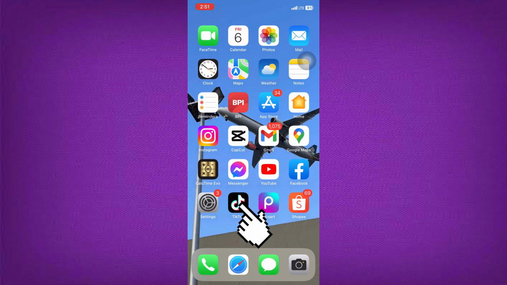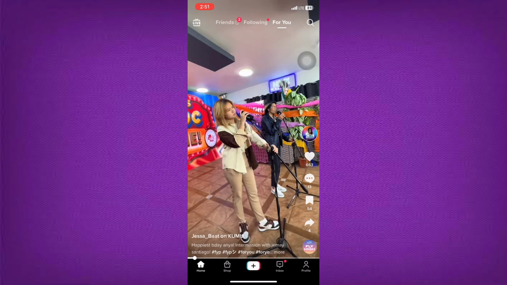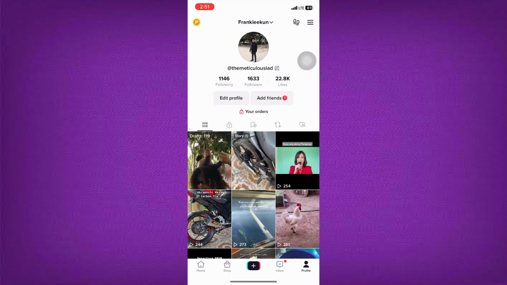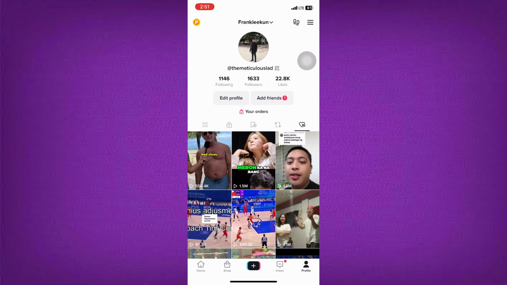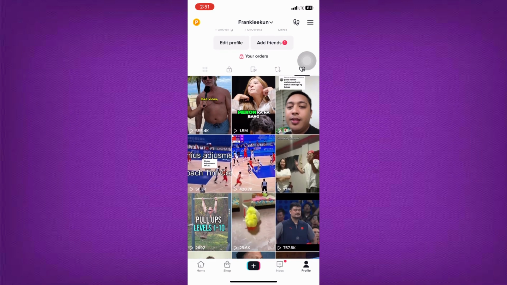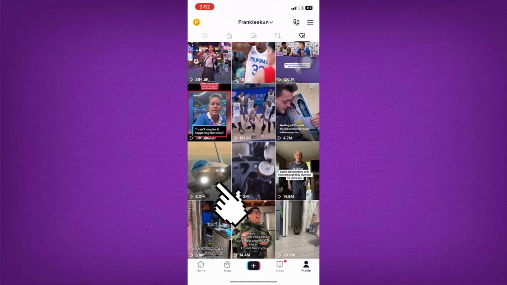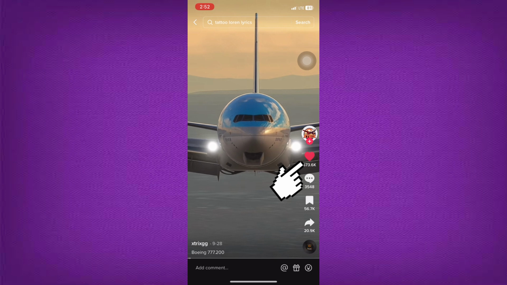Start by launching TikTok and head to your profile page. If you click the heart icon on the right side of the screen here, that will show you the page of all videos you have ever liked on TikTok on your account. If you would like to remove a video from here, you can simply open it and remove your like for